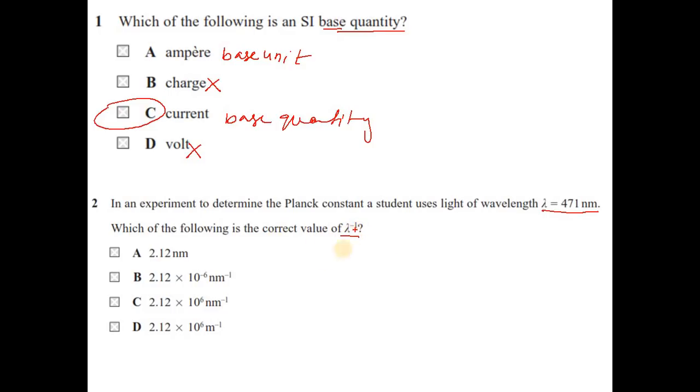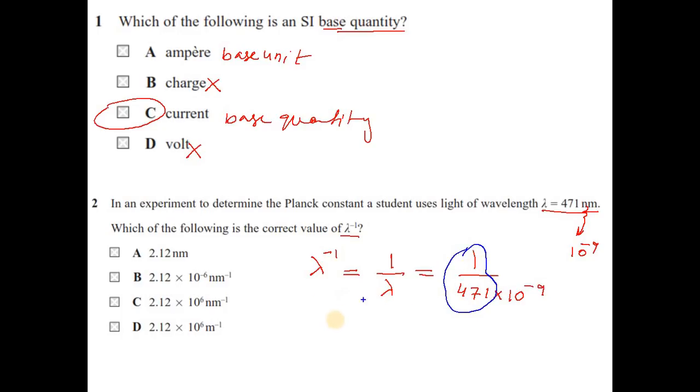So lambda to the power minus 1 is basically 1 upon lambda, and if you do this, 1 upon 471 into 10 raised to the power minus 9, because nano is 10 to the power minus 9, and if you divide 1 upon 471, it will give you lambda inverse equal to 2.12